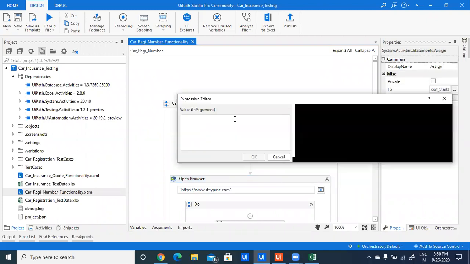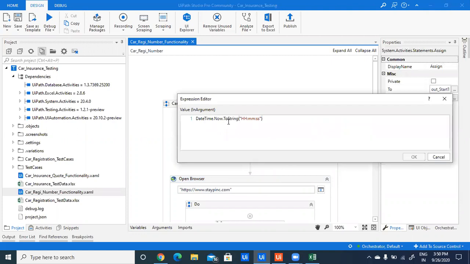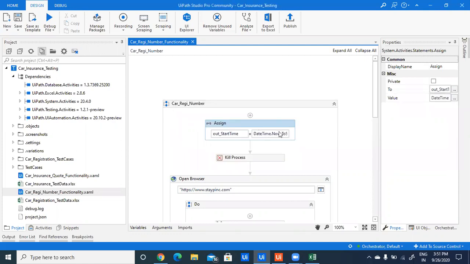This is the current date method, which is DateTime.Now. In inverted commas, I have provided the format with hours, minutes, seconds. So the current time will be stored in that variable. If we want our current date, we can give a DDMMYY format in the inverted commas. So before starting the execution, my current time will be stored in this variable.